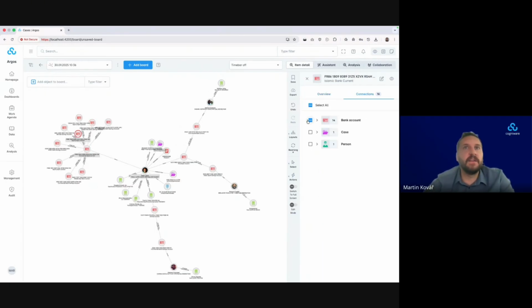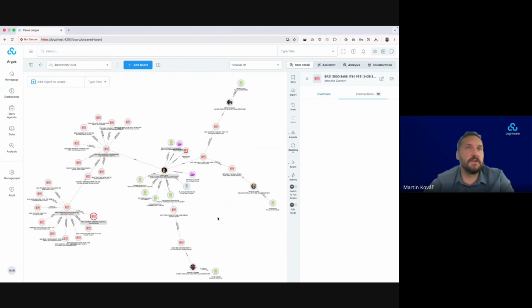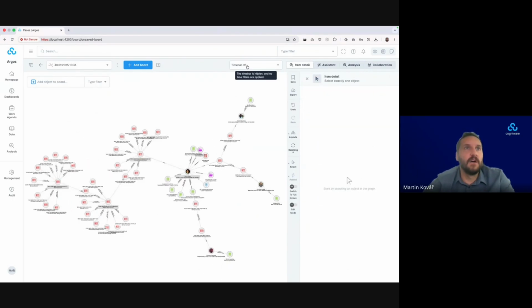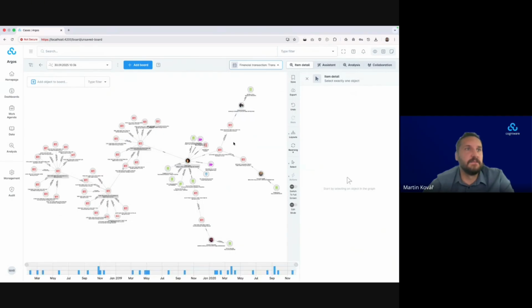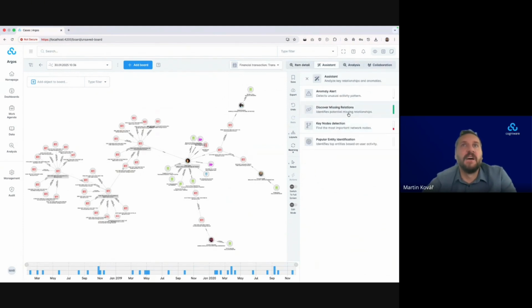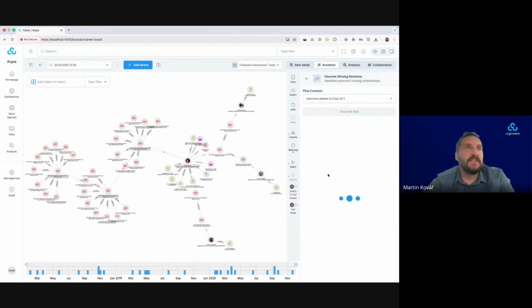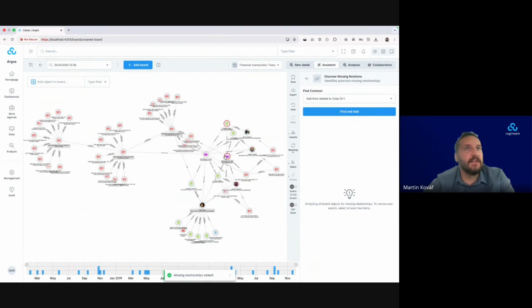And if there are any transactions to other bank accounts, you can continue the exploration quite nicely. You can use different timelines and different filtering options, including some nice assistant features, like if there is any data that is linked to the same case, the system will automatically identify the link for you. So no need to manage it